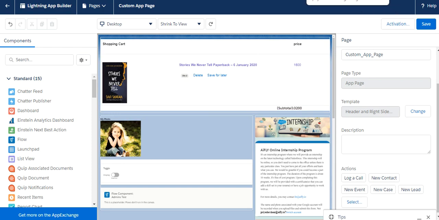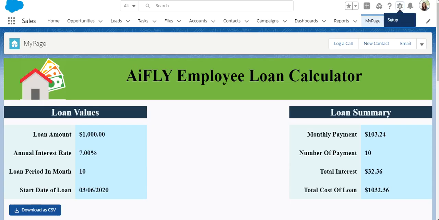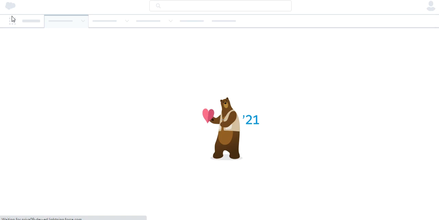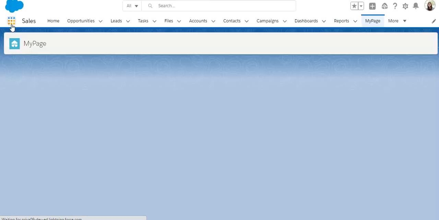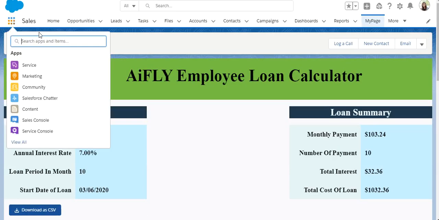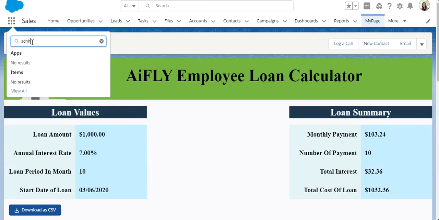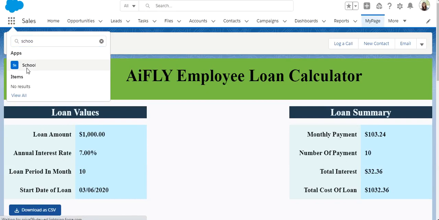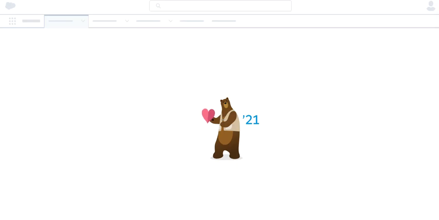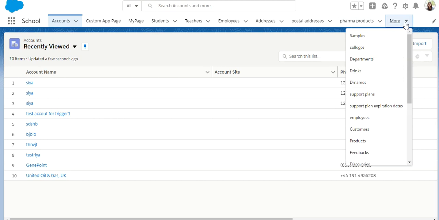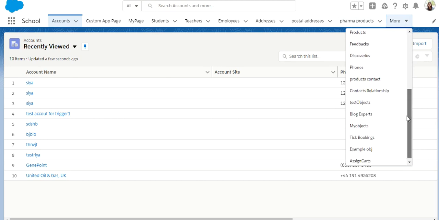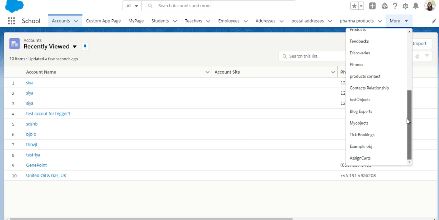It's time to check the result. So let's go back and refresh our page, searching for school. Okay, so I'm in my school app and I have to search for our app page.